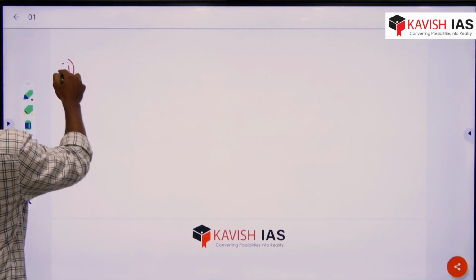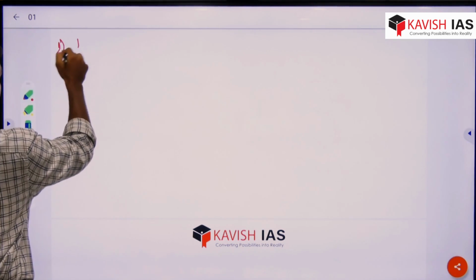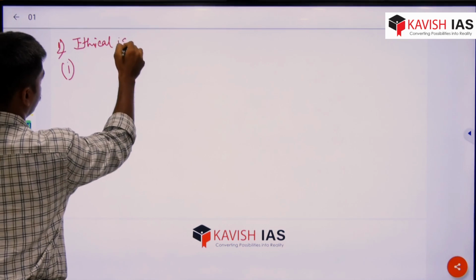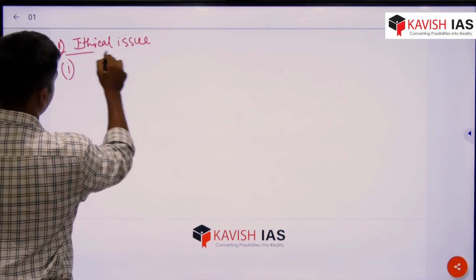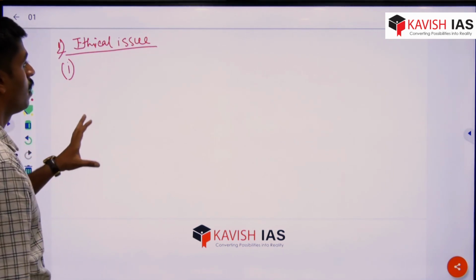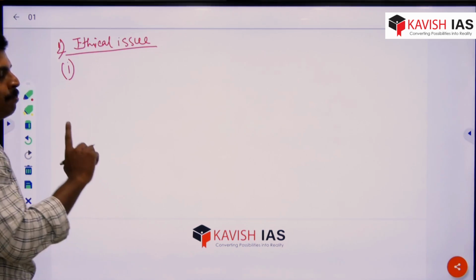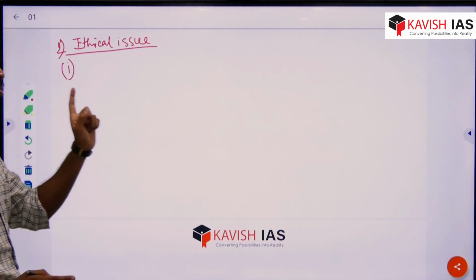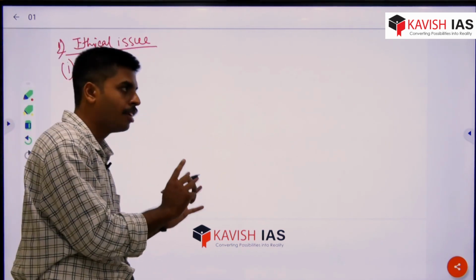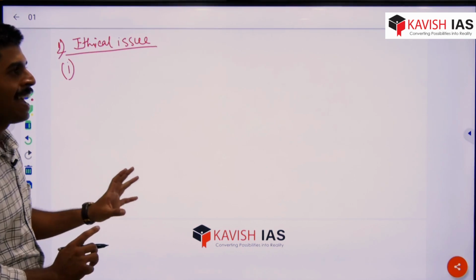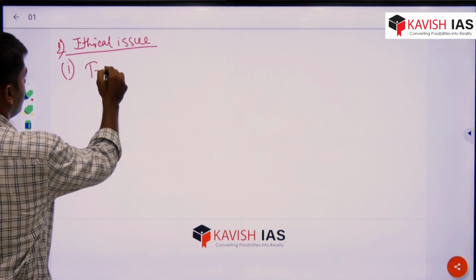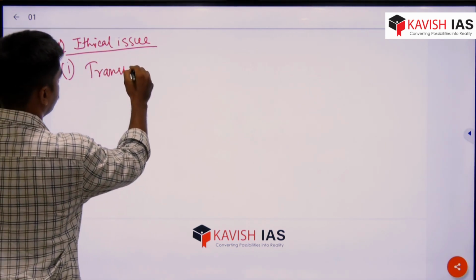So in the question itself, it was described how the money was transferred by the bank manager from a dormant account to that lady. When the bank manager undertook this operation, there was a lack of transparency in his action, right? So there is an issue. The first issue we can say is